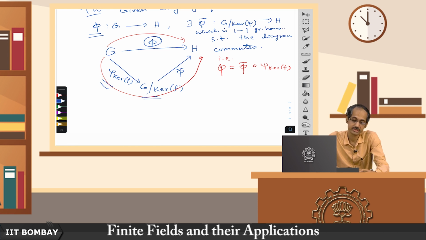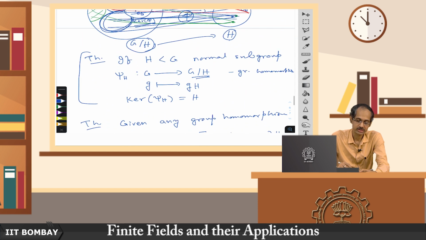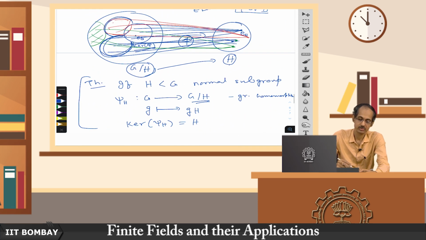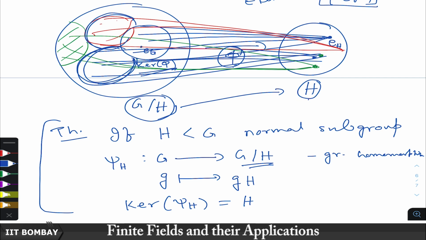Injective group homomorphism such that the diagram commutes. Now, the proof of this is quite simple, but most importantly this visualization is important. What we are saying is that we are breaking phi into two steps. To do the operation phi, we can think of first associating every element of G here to its coset. First collapse all the elements in the coset into a single entity, which is an element in the quotient group, and then